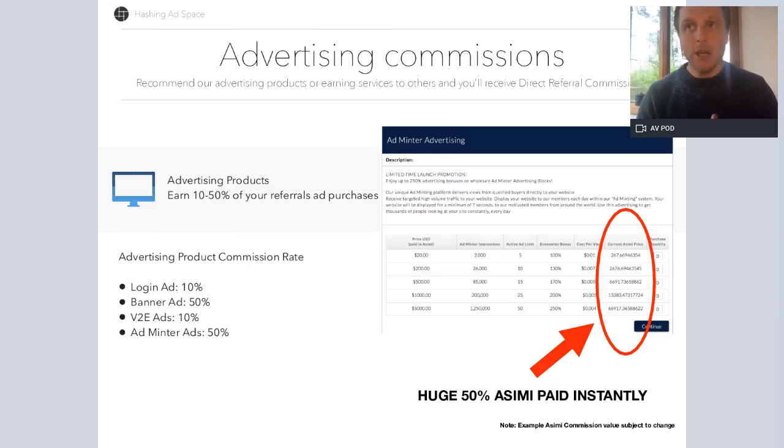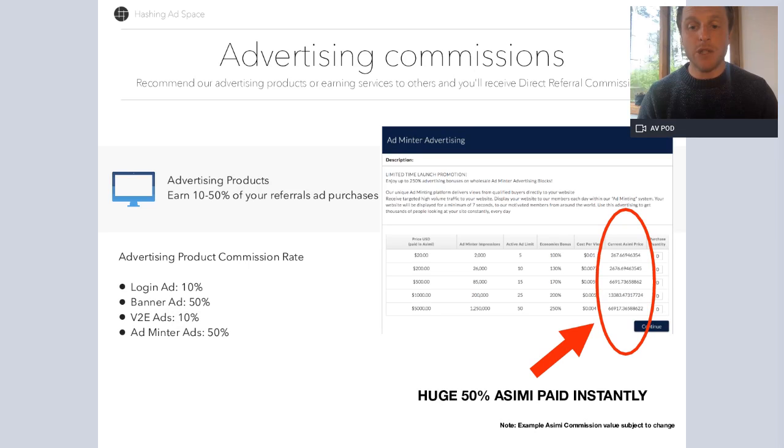So you can see right here, if somebody was to come and purchase, for instance, this $1,000 advertising package. Now, $1,000 is not a big advertising spend for somebody who is list building, who is finding referrals in their other businesses. That is something that some marketers spend weekly, monthly. It doesn't matter, but what I'm saying is don't get put off by saying to somebody, hey, you should get the top package. You should get the full package at Hashing Ad Space, because they might be very much open to spending something like $1,000. You never know who you're talking to.